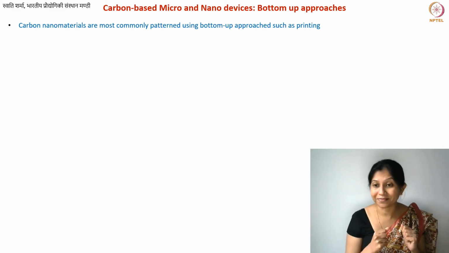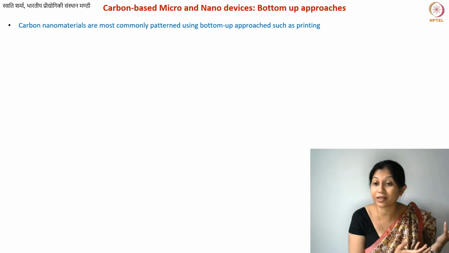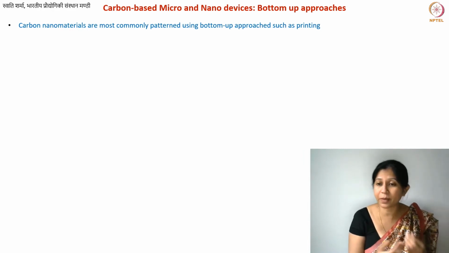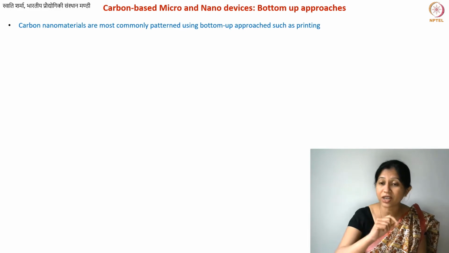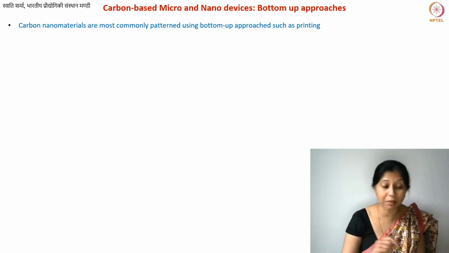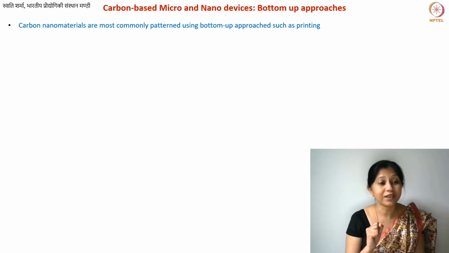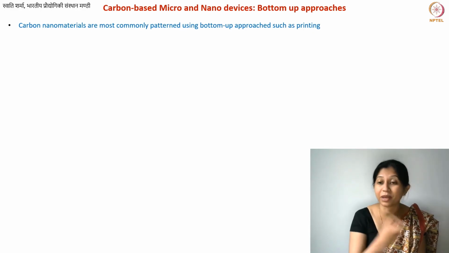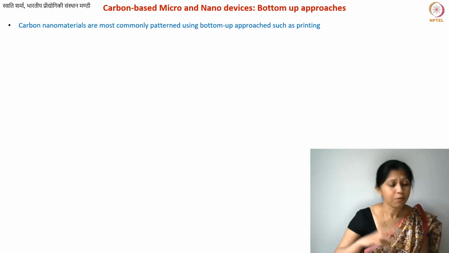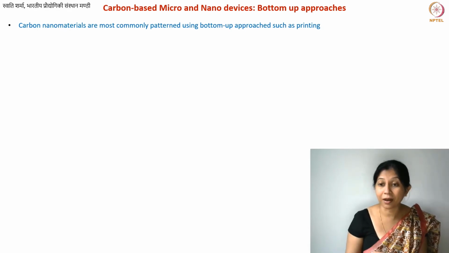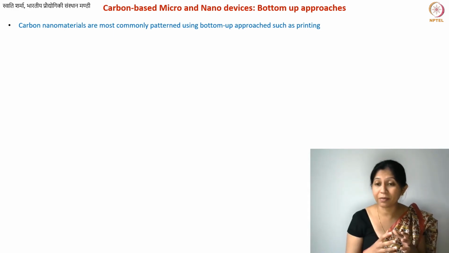Printing requires an ink. Now this may not be your simple inkjet printing, but some specialized type of printing where the structure sizes are very, very small, maybe micro scale, maybe even nano scale. These printing techniques can use inks made of a certain pigment, and that pigment is your graphene. You remember from the carbon black lecture that even 3000 years ago, people, especially in India, were using inks made of carbon. Carbon was used as the pigment. So this is something that is already well known.